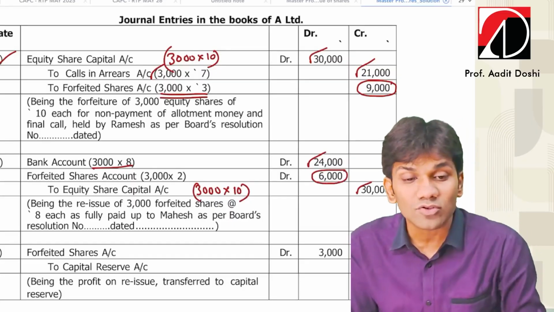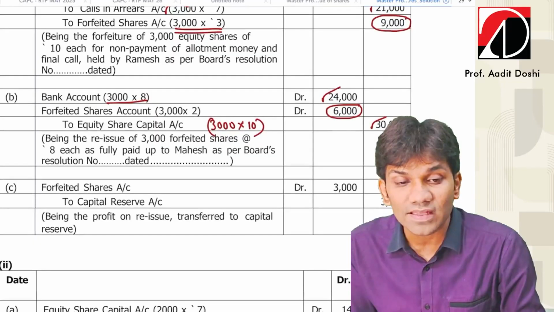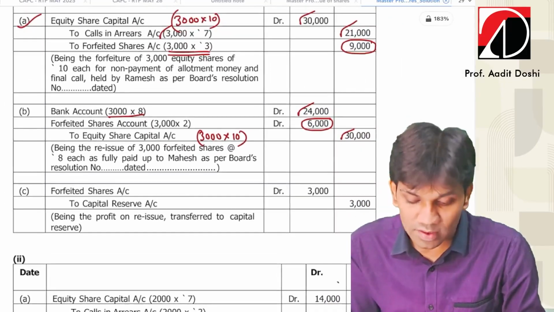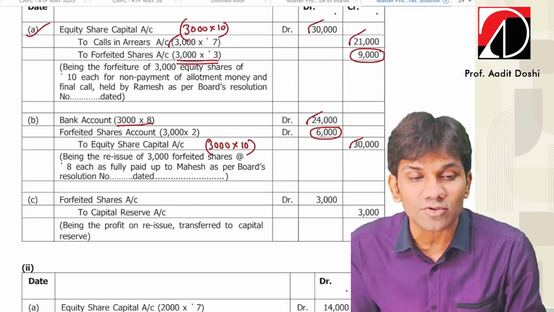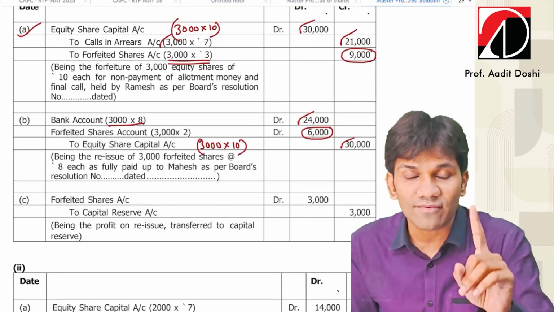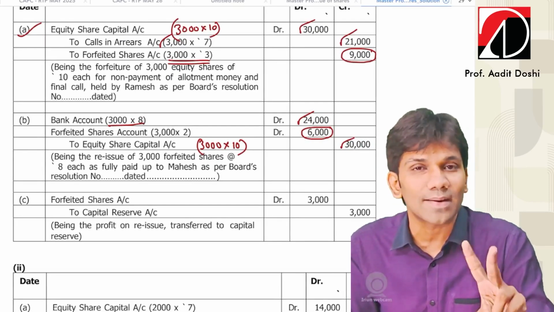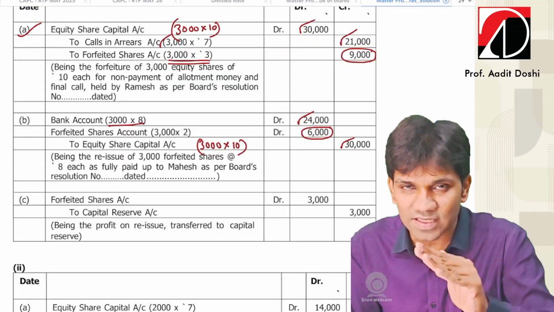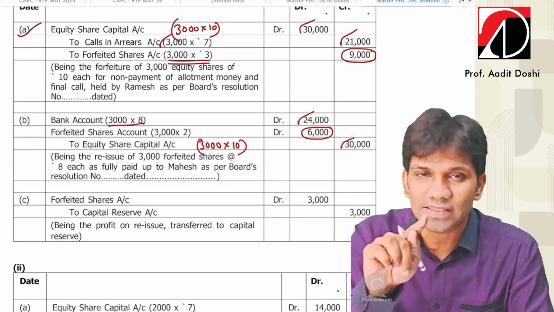See guys how I am solving the sum. See the way I am filling the amounts and then go for the amount calculation, because maximum time students commit errors in putting the amounts. First, I have filled bank account. Second, share capital with face value or called up, whichever is less, and forfeited shares will be the balancing figure.